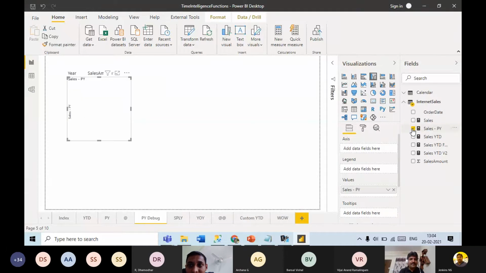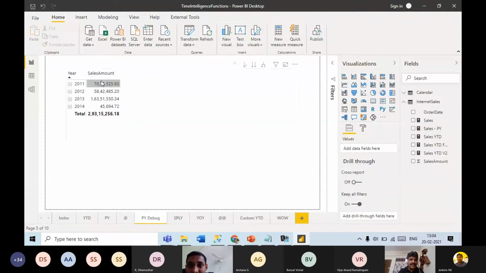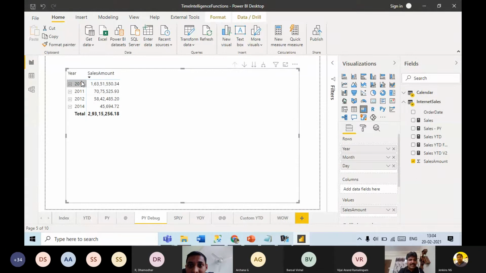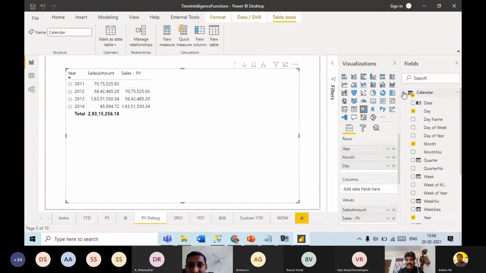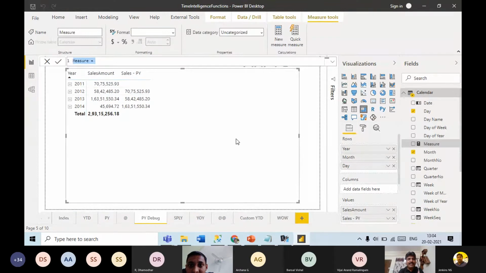Sales previous year. Oh, sorry, let me select this. I have selected this. I'll add sales previous year. Okay. Now let me create a measure with which I can see the context, or I can debug how this time intelligence function works. Let me create a measure named date context. Okay.